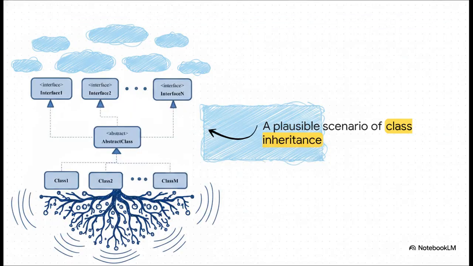Now, what's really interesting about this slide is how it perfectly captures that architectural hierarchy. We see a plausible scenario where interfaces sit nicely at the top, an abstract class in the middle, and concrete classes down at the bottom. But imagine if this wasn't shallow. Imagine a deep, sprawling tree of concrete classes. In that scenario, any minor change made close to the base ripples outward, causing completely unpredictable ramifications across all branches. The deeper the hierarchy, the more vulnerable the whole system becomes.